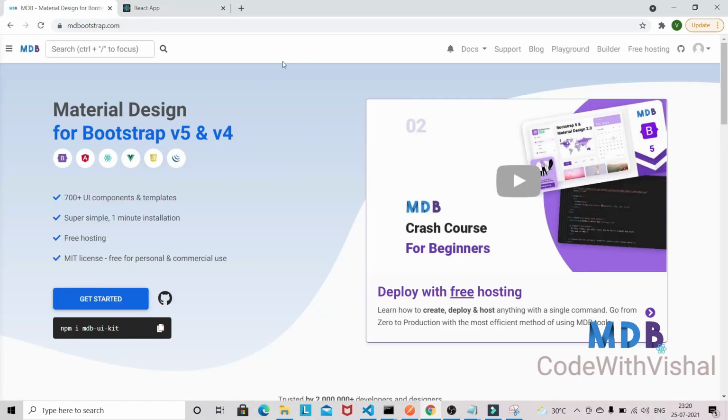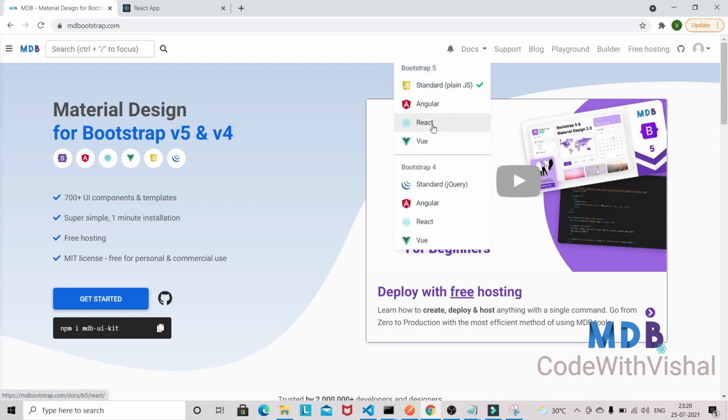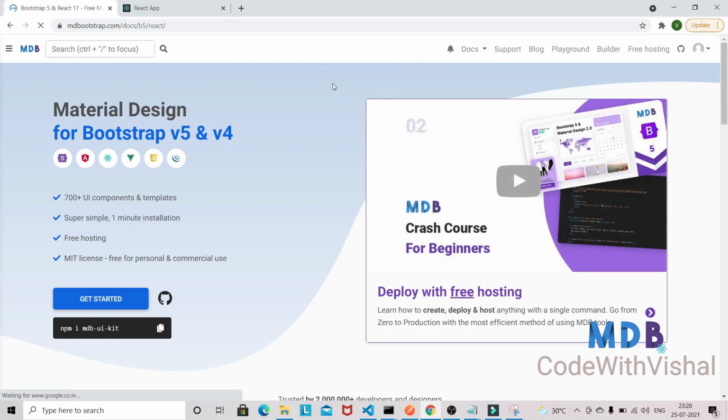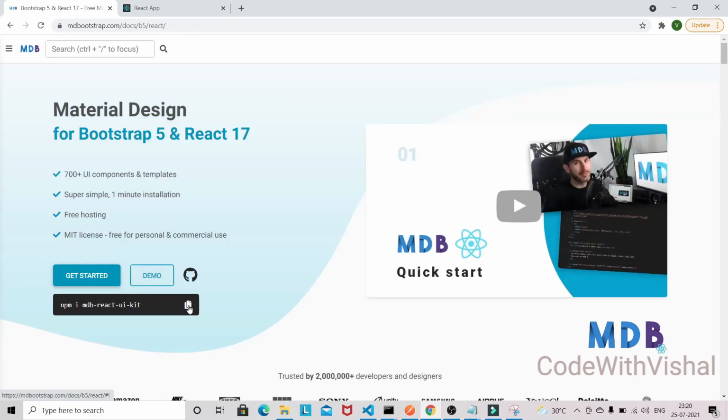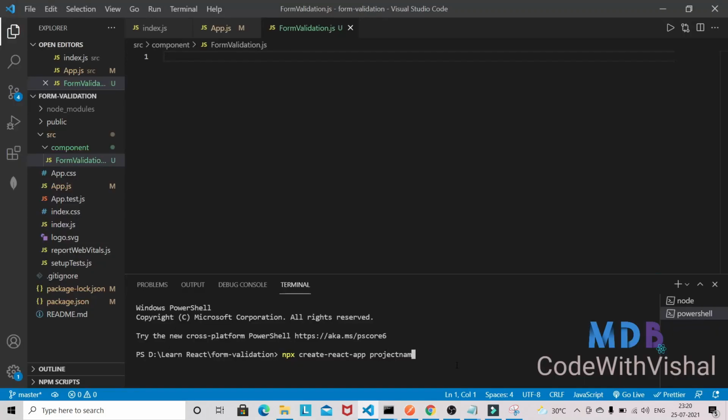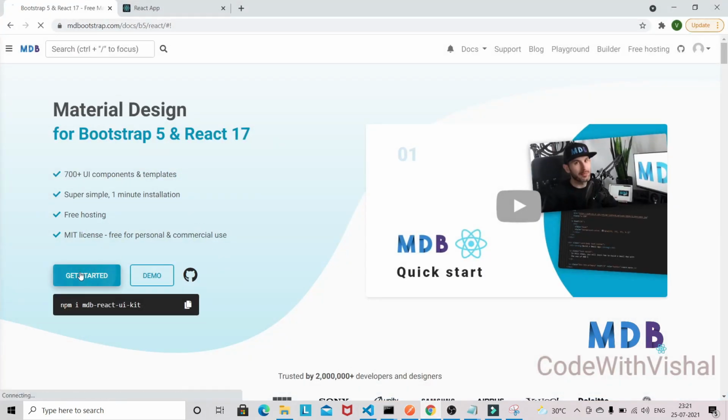and this is the standard version of Bootstrap Hive. You have to select the React version, so you have to select this one, and let's just copy this one and install this package here. So npm install, I think I have already copied, so just paste it here. npm install mdb-react-ui-kit, and let's wait for the installation, and meanwhile I'll go to Get Started,